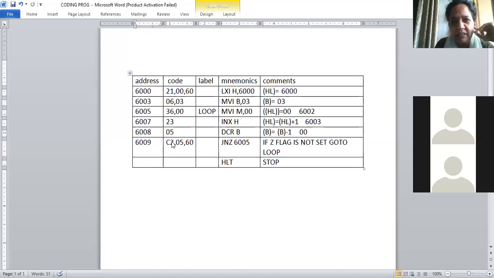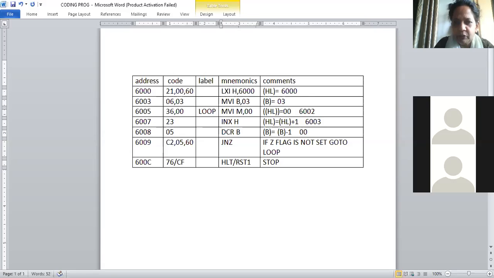6000, 6000A, 6000B, this will be 6000C. And for the address, for example, either we write a HLT in the theory paper or RST1 in practical. During practical, you will be writing the last instruction as RST1. Okay, so you will write the CF. This is how you give the address to that particular label.